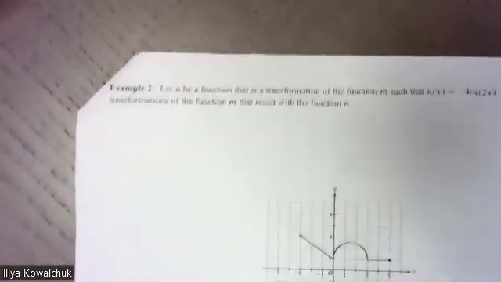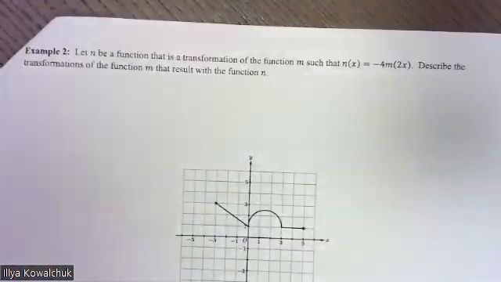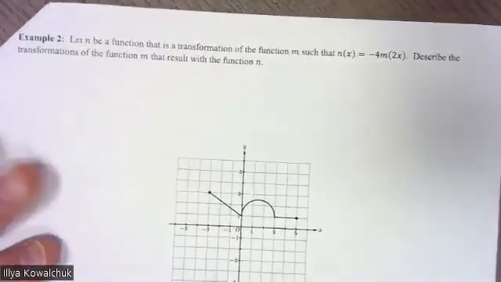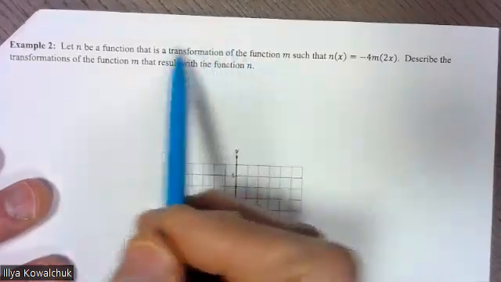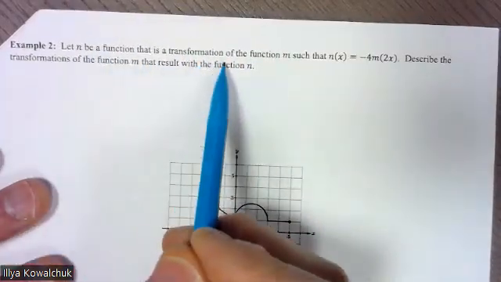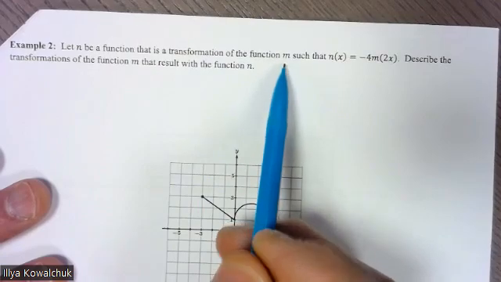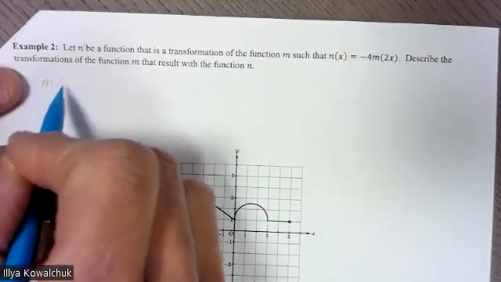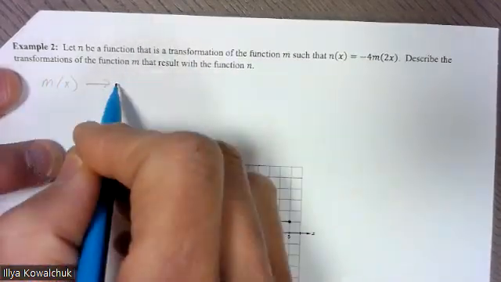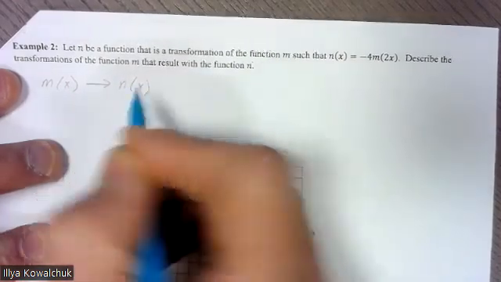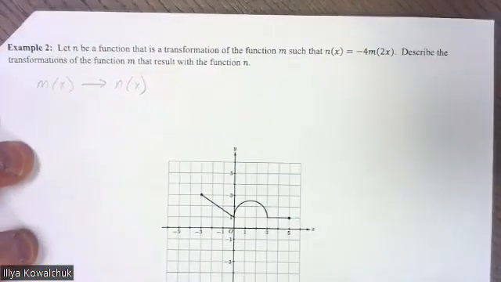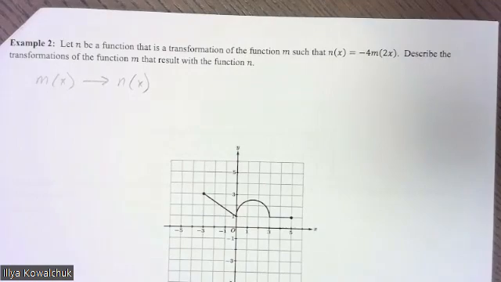On your own, please go ahead and try example 2. All that changed here is that let n be a function that is a transformation of m. So again, what that means is that m of x has been transformed into n of x. How has it been transformed? Okay, pause the video. I'm going to start solving in 5,